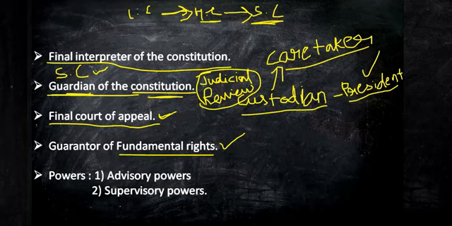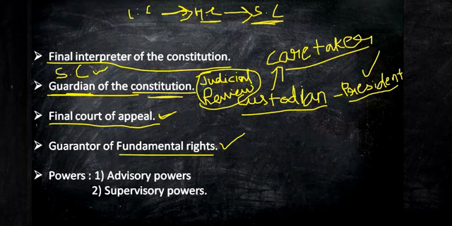Through these constitutional writs, the Supreme Court will validate and investigate the entire thing, and then it will decide whether the fundamental right is being violated by that particular law or act of that state or that particular government or not. And if that fundamental right is found to be violated, then what happens? Then the Supreme Court directs that public authority or the state to act in such a way, or to change that law in such a way, so that the fundamental rights of that person or of the citizens are not violated at all.